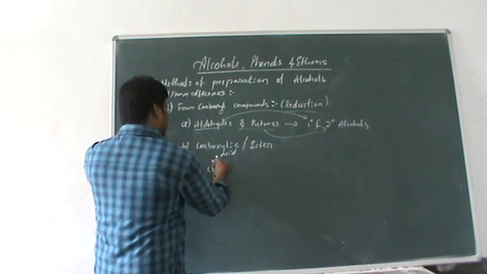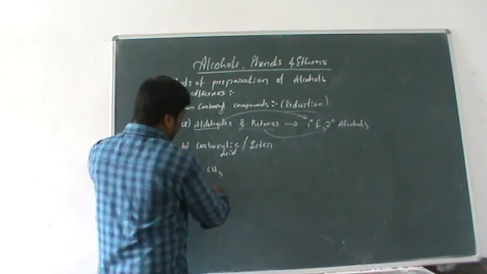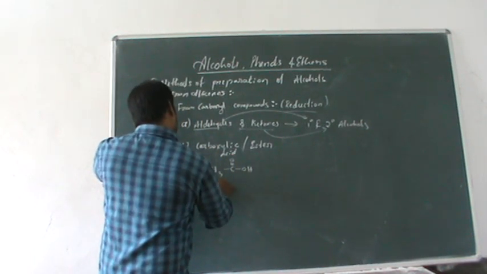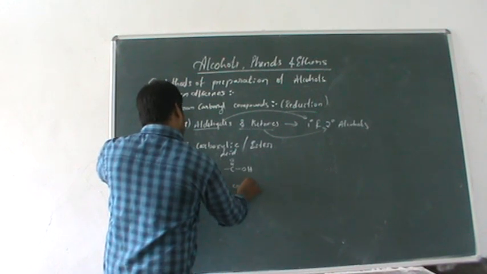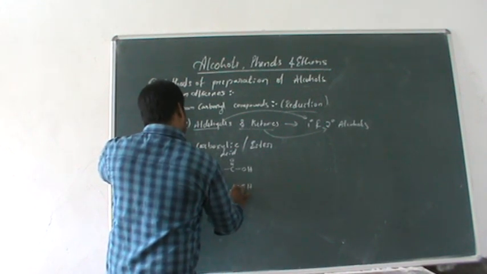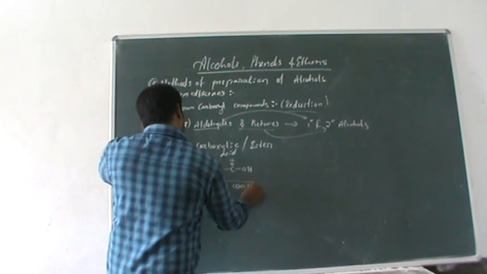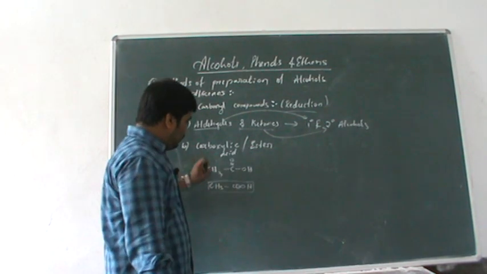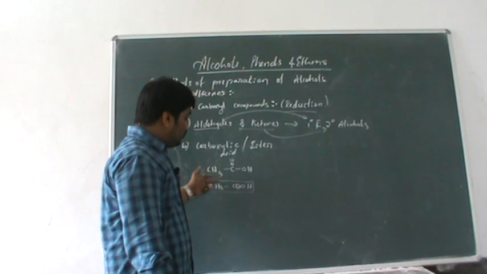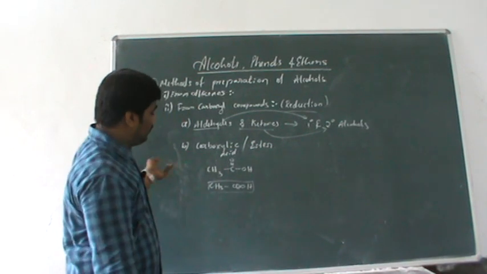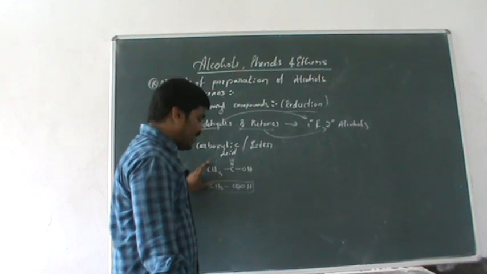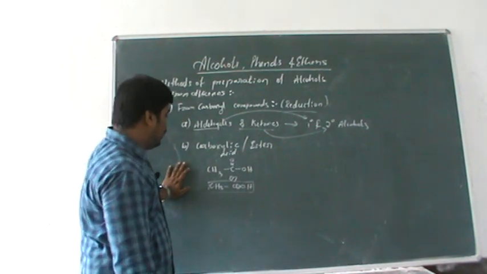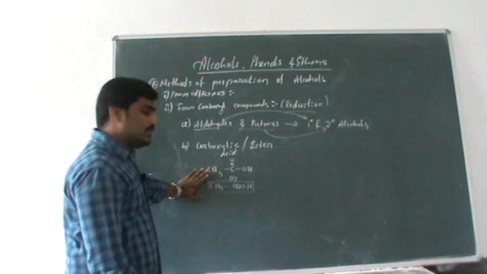Consider carboxylic acid, acetic acid, CH3COOH. You can write it in another manner, CH3COOH. Both are correct. At the PUC level, a few students may distinguish between these two also. There is a possibility. Therefore, I am writing in two manners. Both are the same, just the way of representation is different. This is acetic acid.